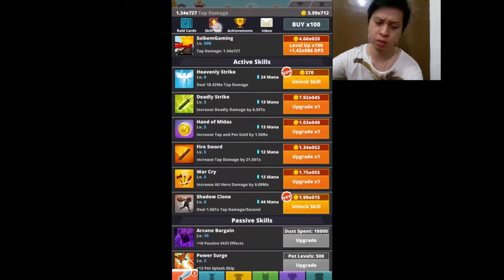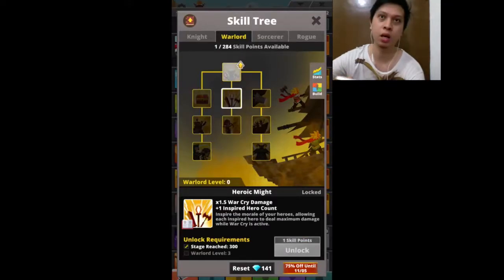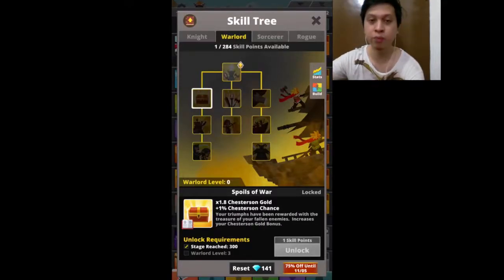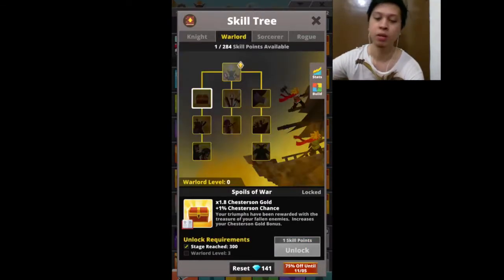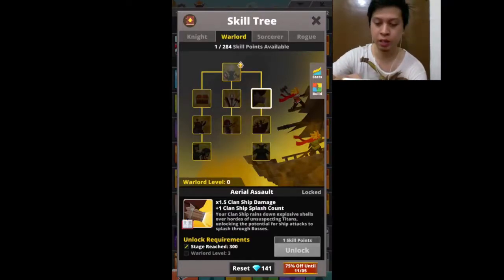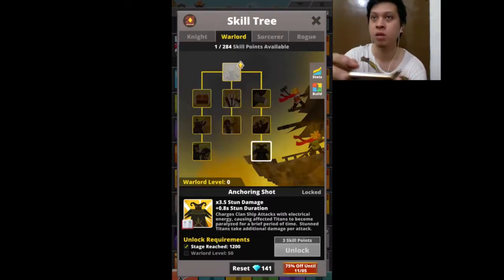So if we run a little bit back again, Master Commander and Heroic Might are pretty much damage multipliers for your own hero. Heroic Might is of course dependent on your skill Warcry, and then Spoils of War is the gold source most of the time for Chesterton gold build or Fairy build. In Fairy build, you put levels into Spoils of War and let me tap that with Dash Ultimate. Okay, and then Aerial Assault and Coordinated Offensive is the main source of speed for clanship builds. Anchoring Shot is for push builds, and